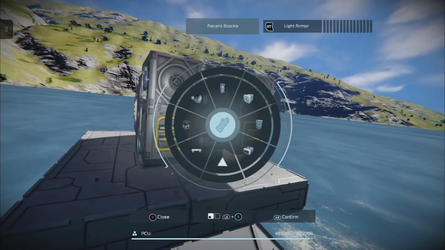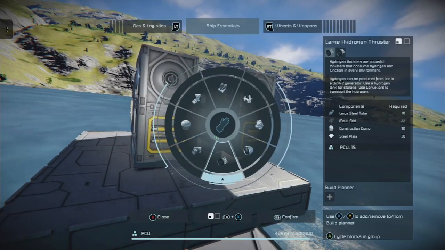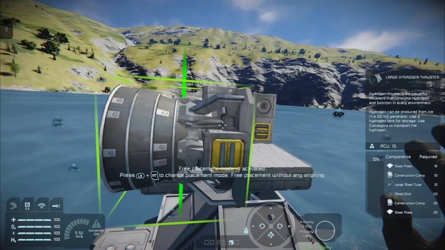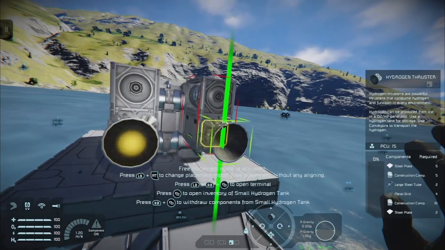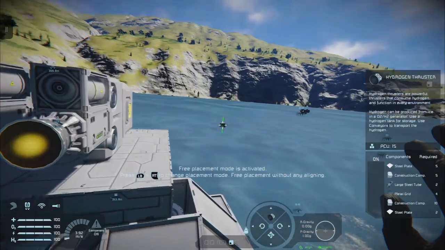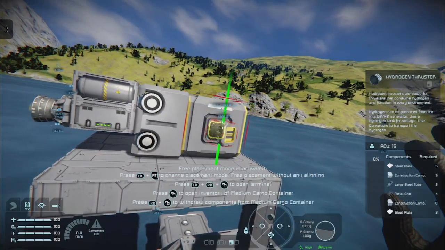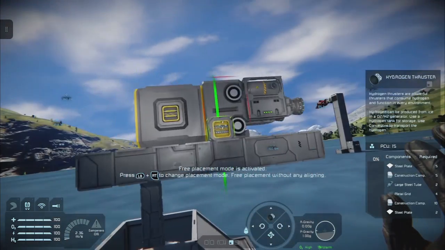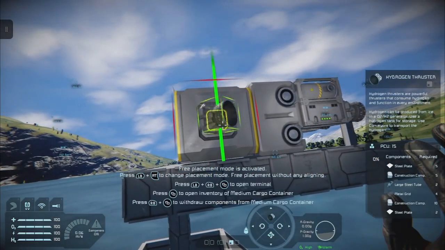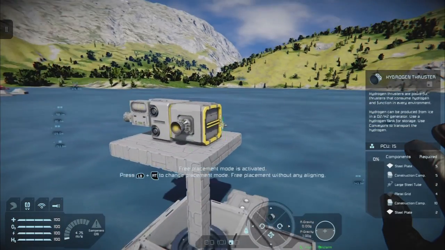Now if we have our hydrogen thrusters, we want small grid hydro thrusters. And you'll notice that the hydrogen gas will flow through the grid.